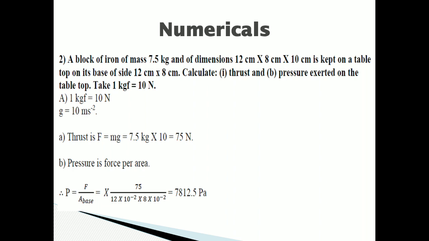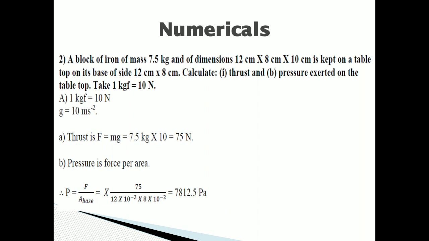So first of all we will be calculating the thrust over here. We know that whenever we are sitting or standing, we exert weight in a downward direction. That weight is also called thrust because it is always perpendicular, which we have seen in the last period. So F can be written as m into g. What is mass given? 7.5, and g has not been specified, so we will be taking 10 only. So 7.5 into 10, we will be getting 75 Newton.